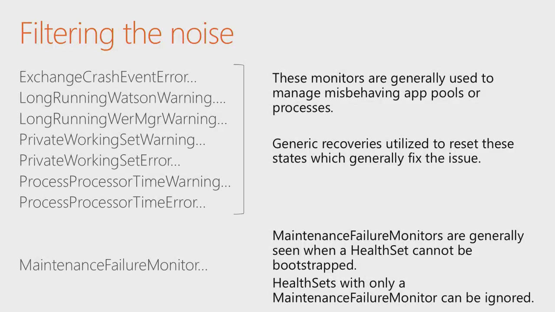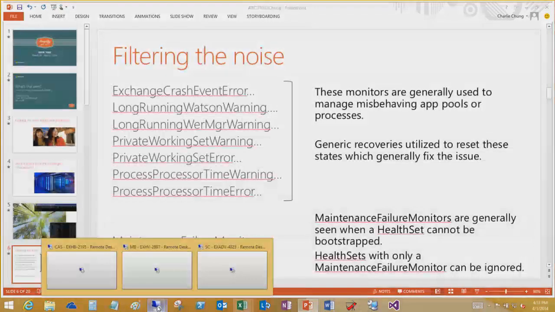If you also filter out any monitors or any health sets that only have a maintenance failure monitor, it's one of two things. It's either a data center only component, so that's why it never really instantiates a set of monitors that you would see in your environment. And it could be that you're not using that feature. So again, you wouldn't see the subsequent real monitors behind that. And so just to show you an experiment, how you can see how this does really, really filter down the list,